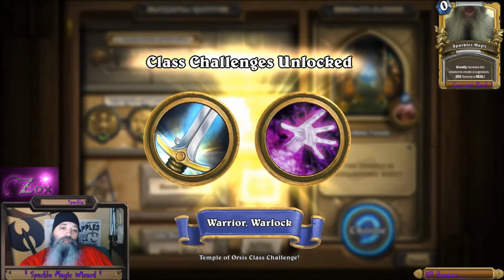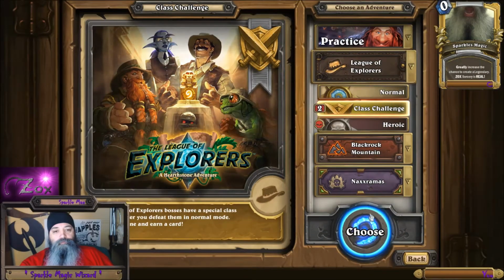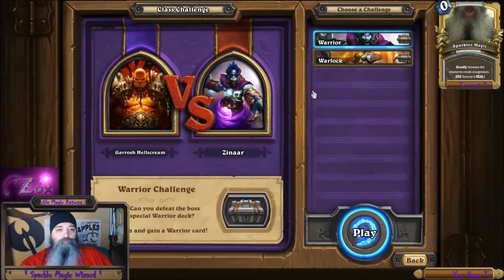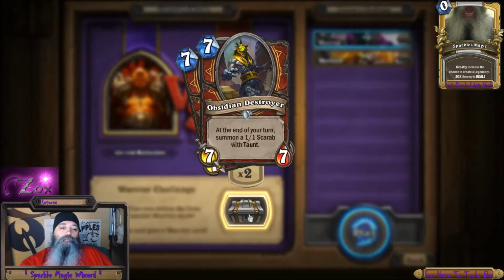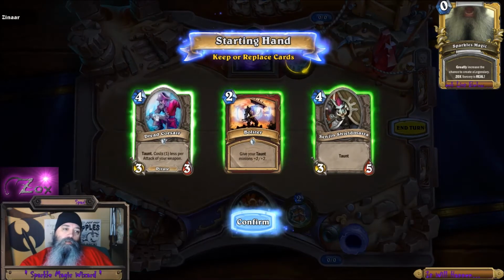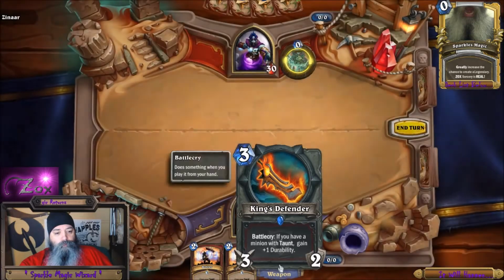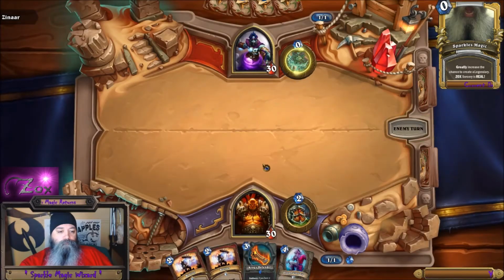So, Warrior and Warlock. Class challenge. Warrior. What do we get? Obsidian Destroyer. At the end of your turn, summon a 1/1 Scarab with Taunt. So, run you through this real quick. The sound is on, so you can hear a little bit of background sound and chipmunk sounding. But, anyway,